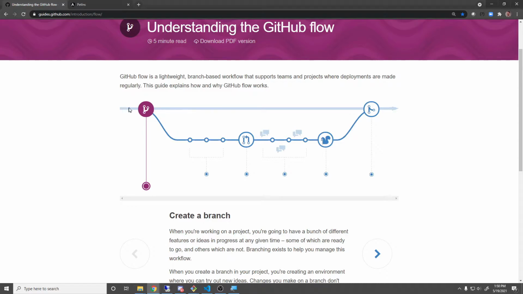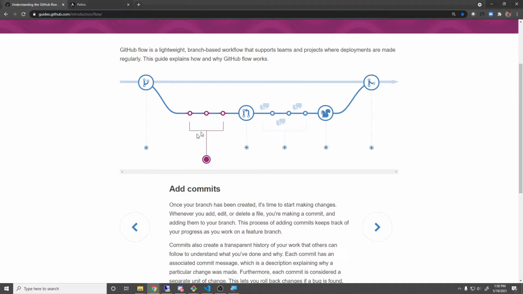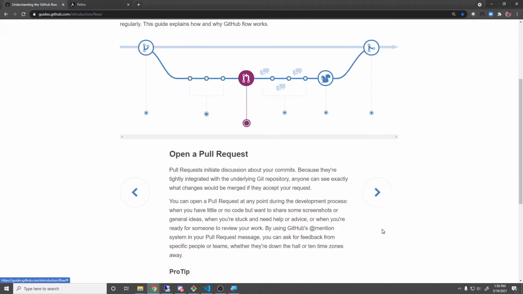So the idea is that when you're first working, you have this main branch that you're typically deploying off of. And then in order to do a feature change or a bug fix, you're going to create a branch. So first step is you create a branch. Then you start making some of those changes. So you make code changes, you add commits. Then once the developers have tested everything locally,